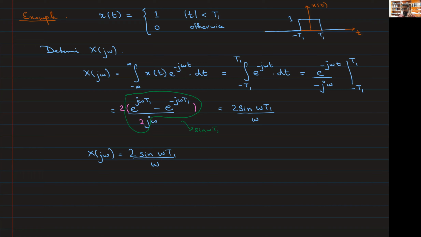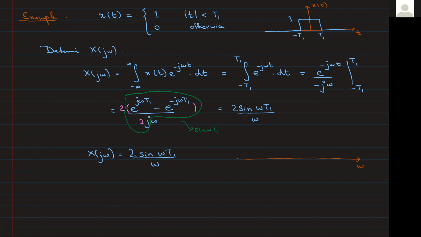First off, it's real, right? So if I were to sketch this, I only need to sketch the real part, okay? What would the sketch look like? So if this is omega,